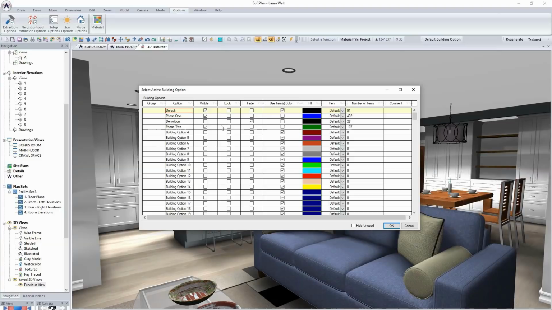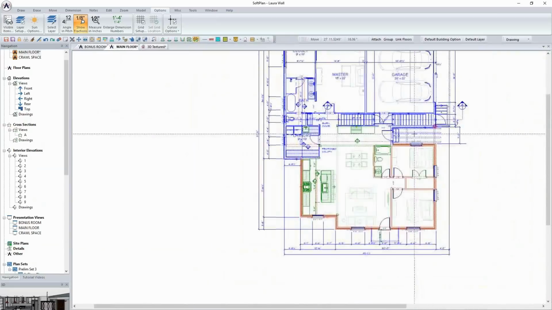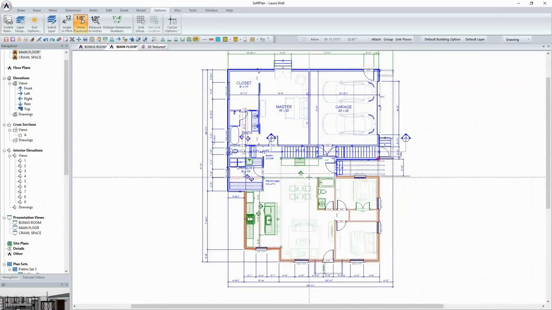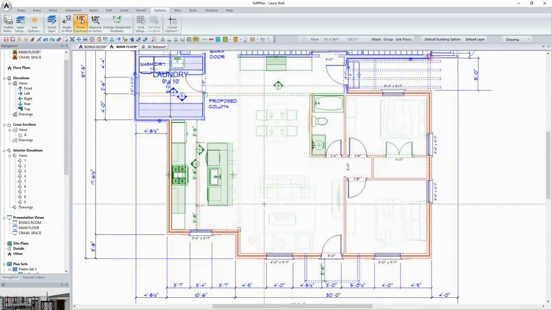So let's get ourselves started. I'm going to put away this building option for right now. I'm going to return to the floor plan, which, as you can see, just using building options and color coding, in essence, we have the existing house that's going to be here. The blue represents the phase 1, which is the larger addition going on the back. And then, as I said, phase 2, which is outlined in the green, is going to be the area